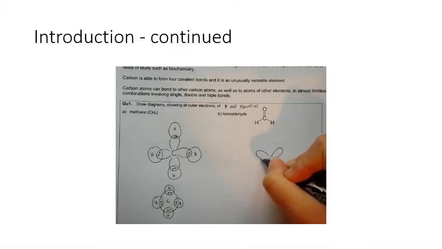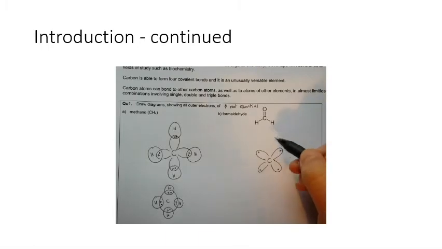So I'm going to start again by remembering that the 4 outer electrons in carbon are shared into different regions of space known as orbitals. And there's 1 electron in each of these orbitals. Now, when carbon forms a double bond, what happens is 2 of these orbitals overlap with 2 of the orbitals